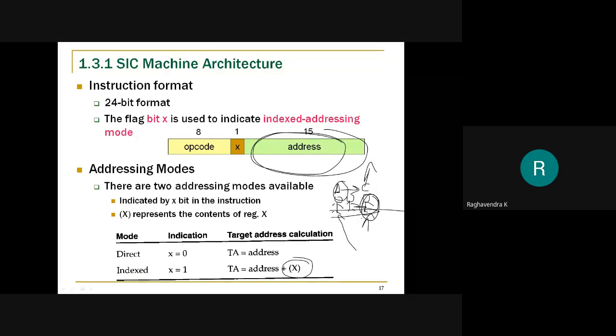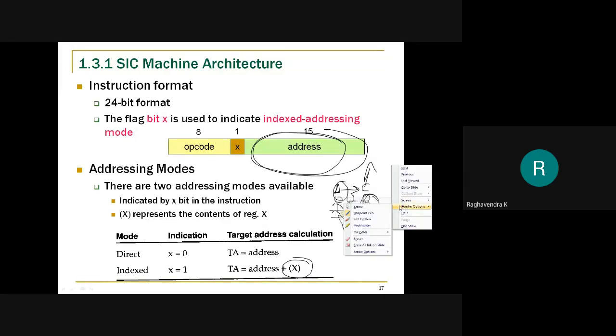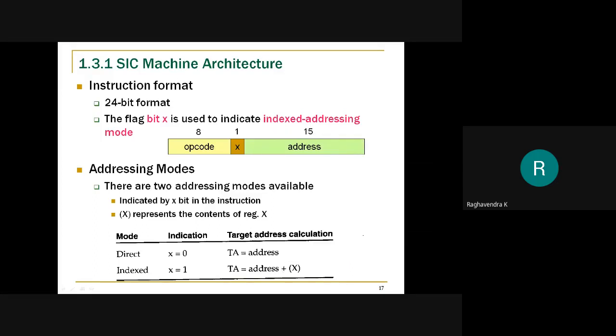This is just an example to make you understand what index addressing mode is. So in index addressing mode, when x is equal to 1, you add the value of the index register to the address to get the operand. When x is equal to 0, don't do anything; just directly consider the address field itself as the target address.